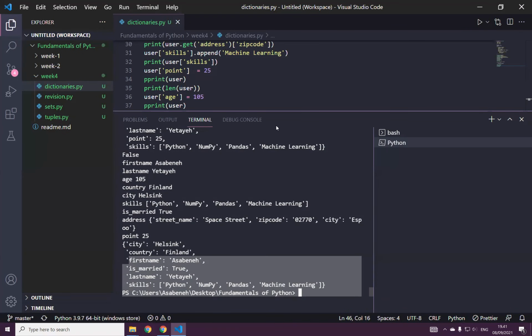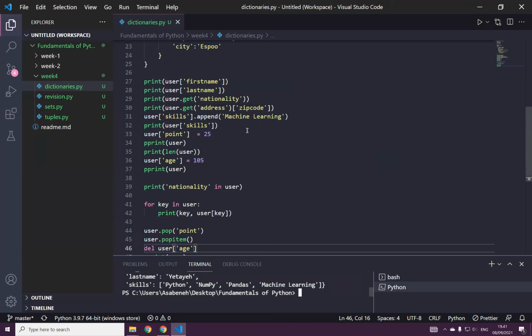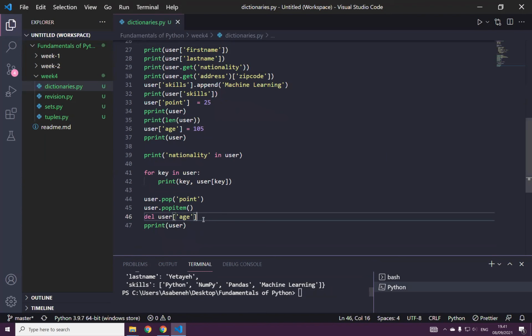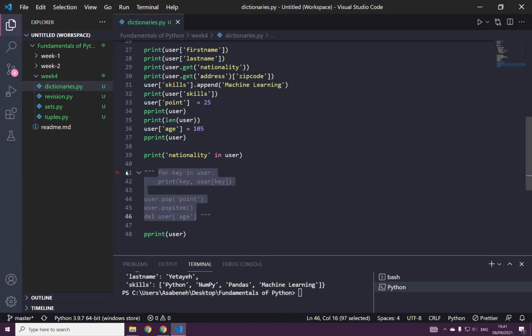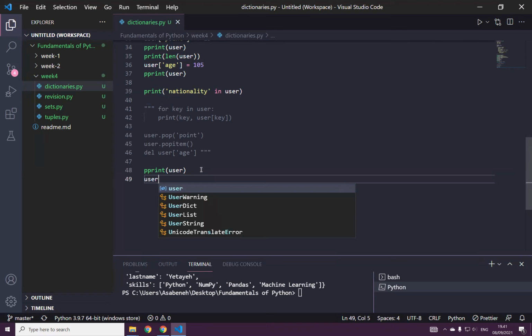Okay, but the deleting, let's just comment this out, especially because we don't want to delete items. And then I can do even the loop now. And let me comment this out for the time being. Now, how can I change it to list? If you say user dot items, this will change it to actually